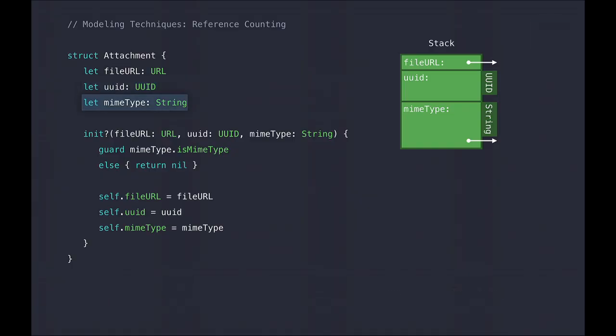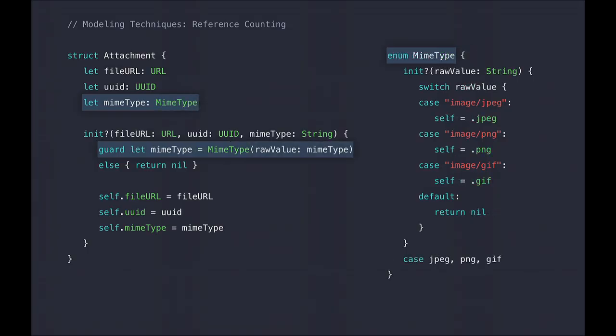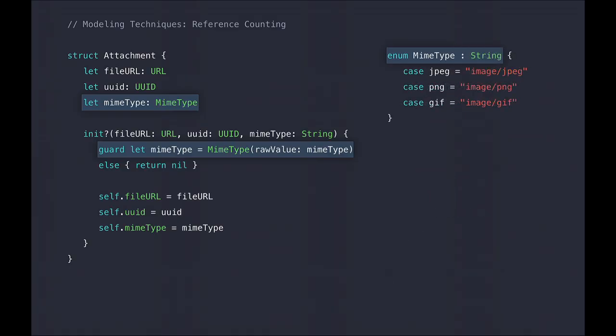That's fantastic. Let's take a look at MIME type. And let's look at how I've implemented this MIME type check. I'm actually only supporting a closed set of MIME types today: JPEG, PNG, GIF. And Swift has a great abstraction mechanism for representing a fixed set of things, and that's an enumeration. So I'm going to take that switch statement, put it inside a failable initializer, and map those MIME types to the appropriate case in my enum. So now I've got more type safety with this MIME type enum, and I've also got more performance because I don't need to be storing these different cases indirectly on the heap. Swift actually has a really compact and convenient way for writing this exact code, which is using an enum that's backed by a raw string value.